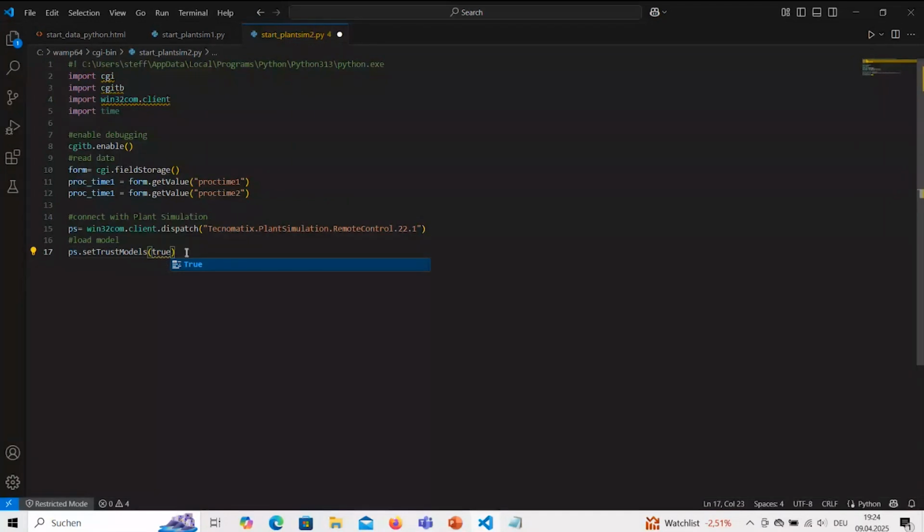This is necessary because without this command, you cannot load a model from your computer, and it's very difficult to find the right position where you can place this file in the web server, and you need to discuss this with your system administrator because of the security of the web server. And so there are only some places where you can place real files that you can open from inside the server.